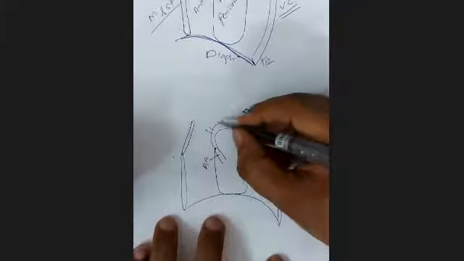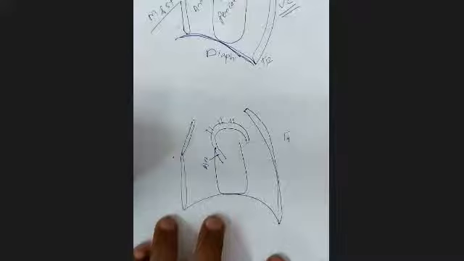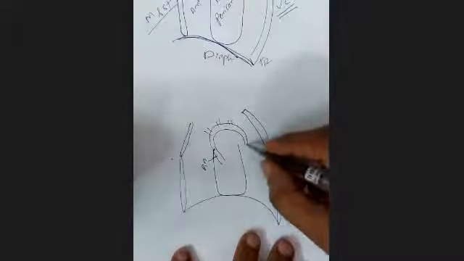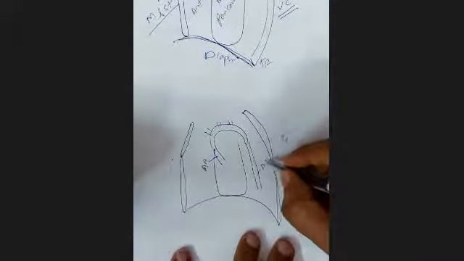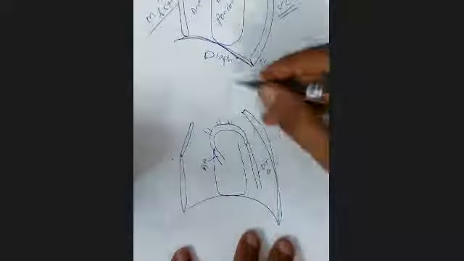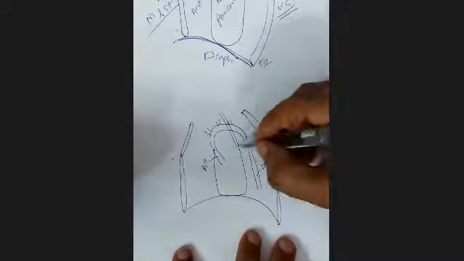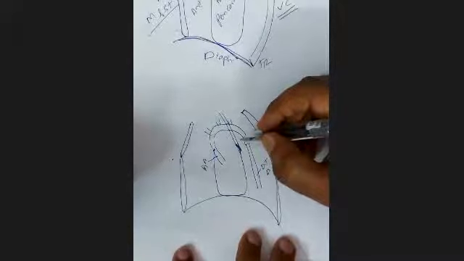The arch of aorta gives its branches. The branches are the left common carotid and left subclavian on the left side. On the right side, they arise from the brachiocephalic trunk. Then at the T4 level again, the arch of aorta becomes the descending thoracic aorta. Then there is the trachea. This trachea will come and just lie behind the pericardium, so it is considered a part of middle mediastinum,